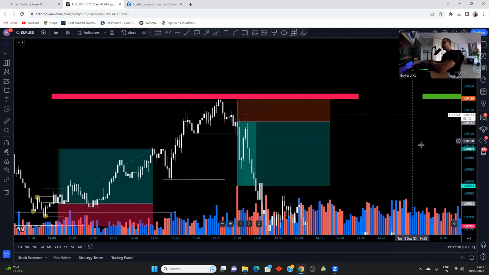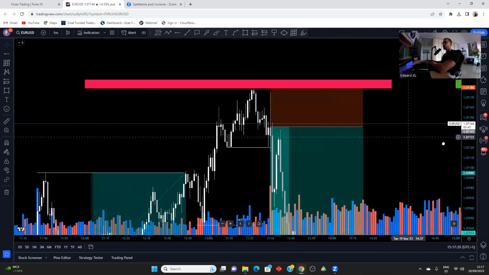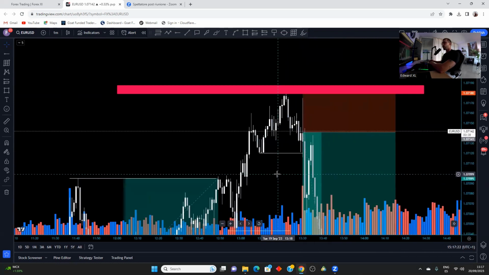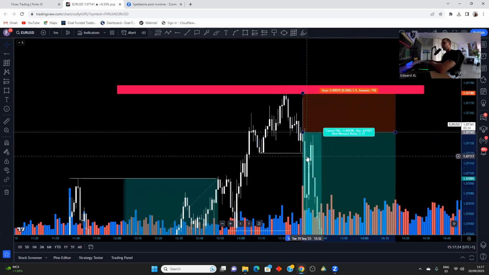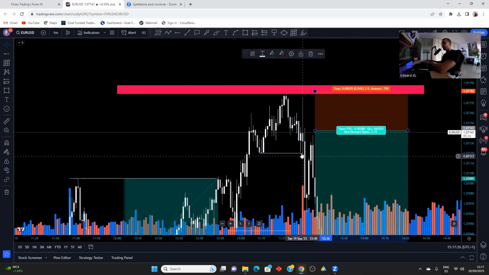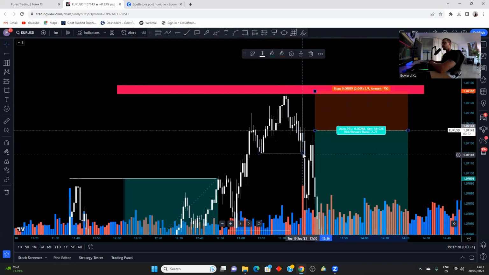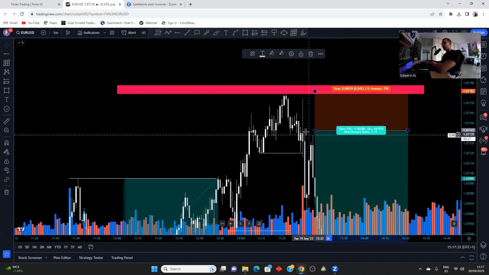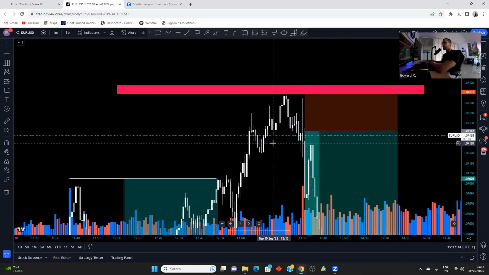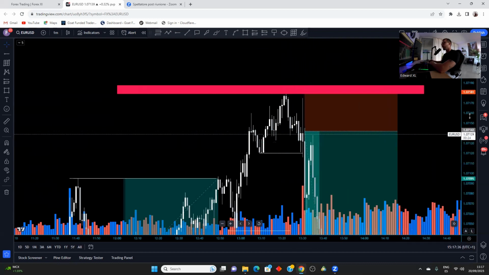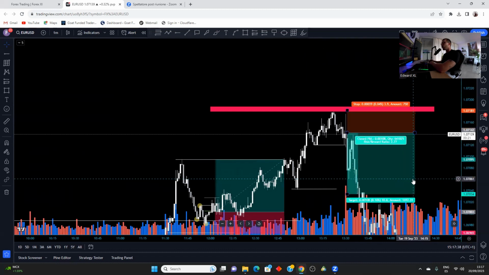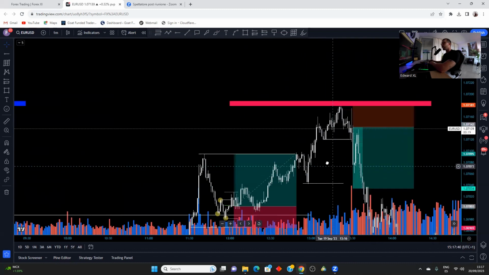So what happens right here is that I was looking for confirmation. This was going to be my confirmation, here with this wick. I hope that you can see it. With this wick right here, we create the confirmation. And then when we start pulling back up, here it would have been our entry. I wasn't able to get in. It happened too quickly. And also I was done for the day because I had already taken a trade,